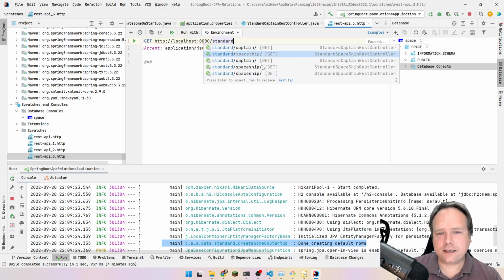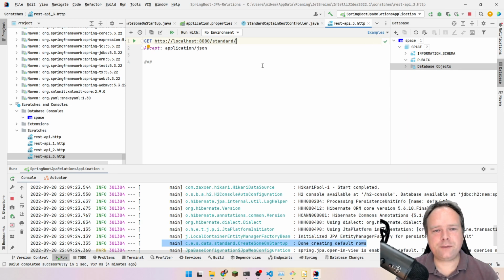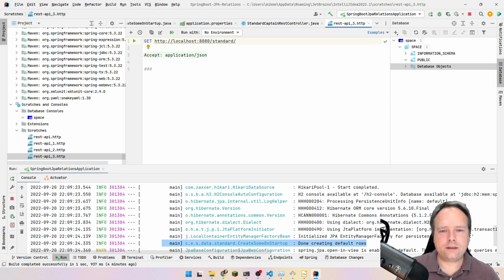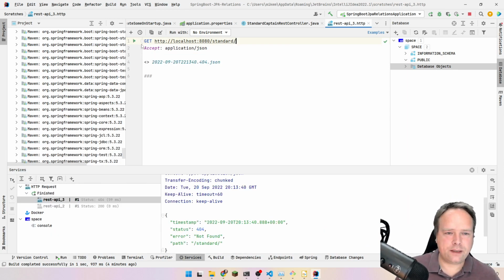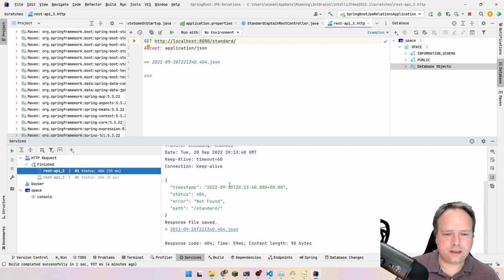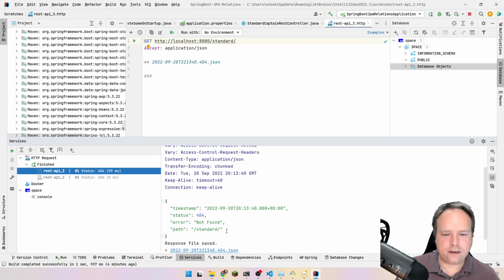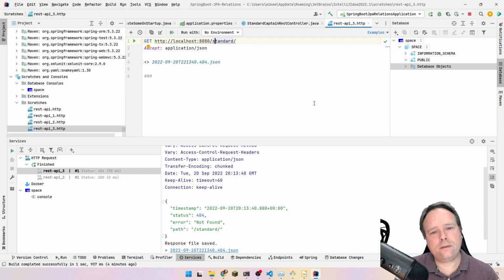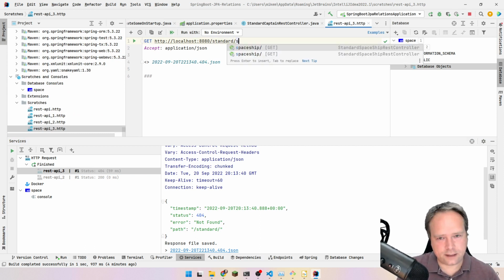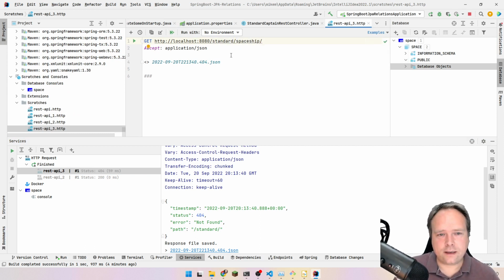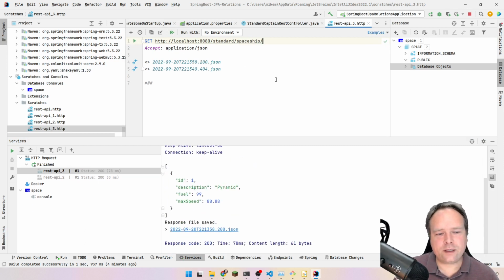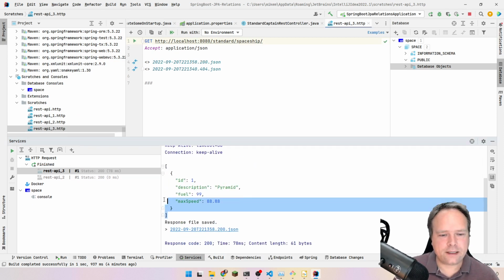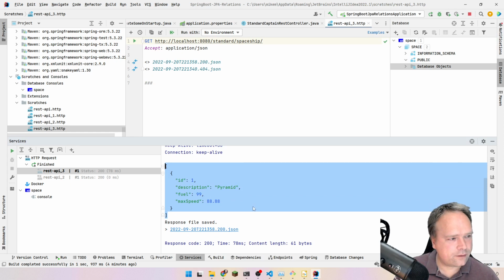So let's start with the spaceship. I will run this. I'll press play, and then we'll see the result in the console right here. Here we get not found. Oh, I've not started my server. Why didn't it say spaceship right here? Okay, I didn't press enter, maybe that's why. I'll press play again. Now we can see right here an array of all of the spaceships,